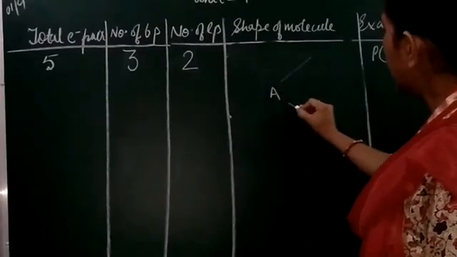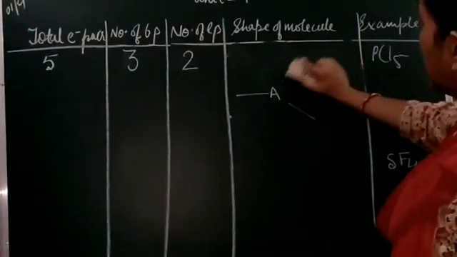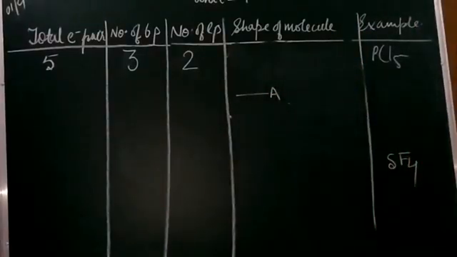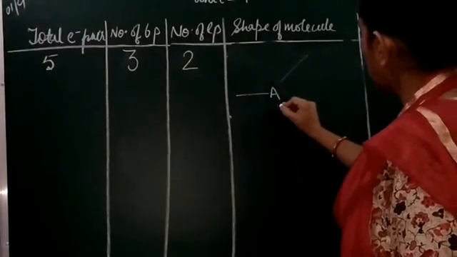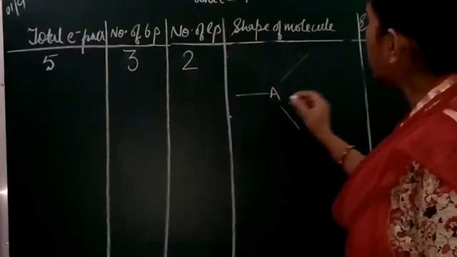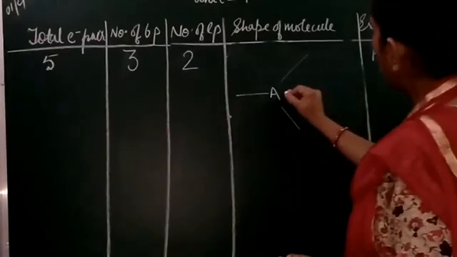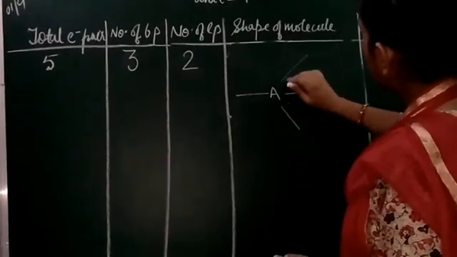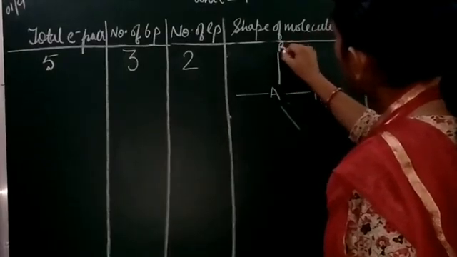It will be nearly of the type AB3L2. So here we have 5 electron pairs and we have to arrange them, right? So we are going to place them first here. Now what's going to happen is that there is going to be repulsion. So it is in this way.